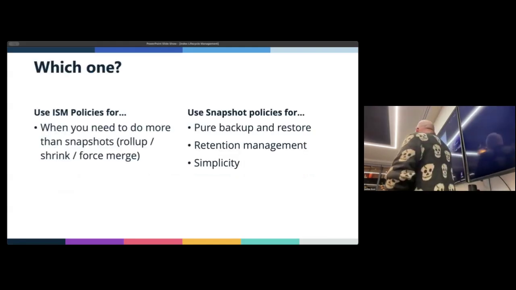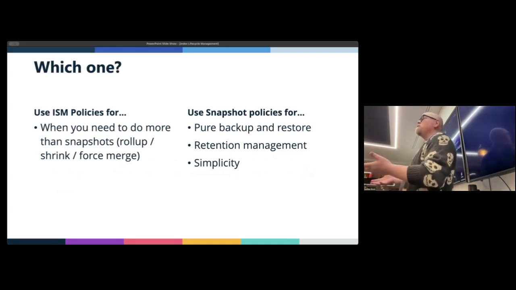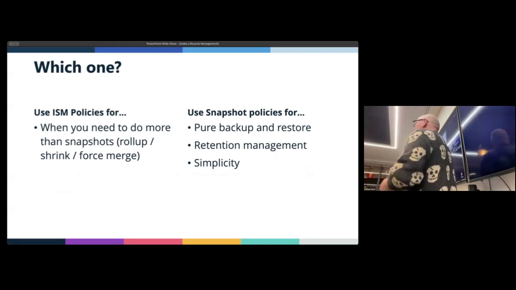The place where you'd want to use index state management policies is, of course, when you want to do more than just a snapshot. That really brings me to automating the things that keep our data healthy. Snapshotting isn't necessarily a means of maintaining health. It's a means of backup and restore. It's disaster recovery. We need to restore something.